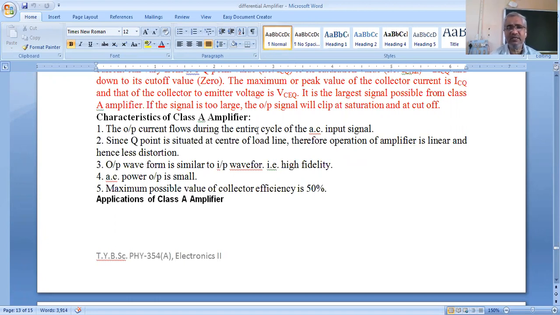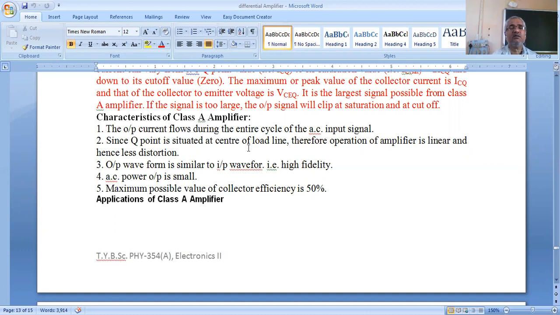So the amplifier is linear if the Q point is situated at the center of the load line, and there is very less distortion or no distortion in the output. Output waveform is similar to the input waveform, that is, high fidelity is there,